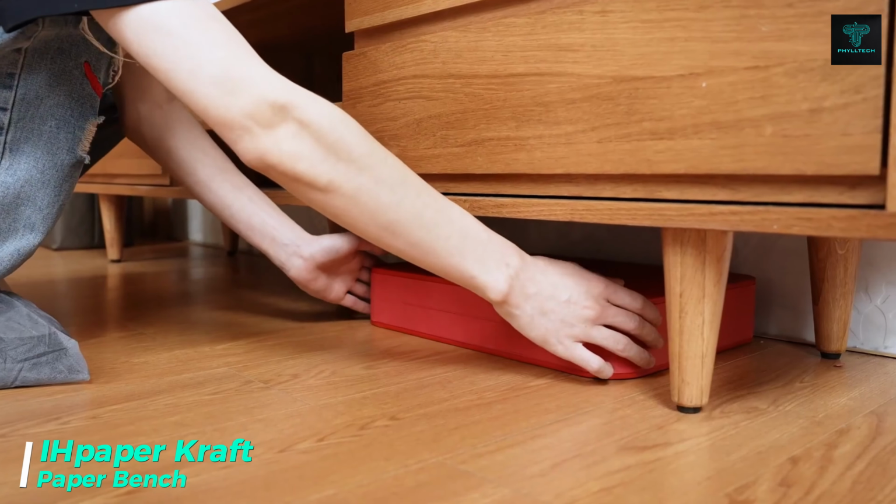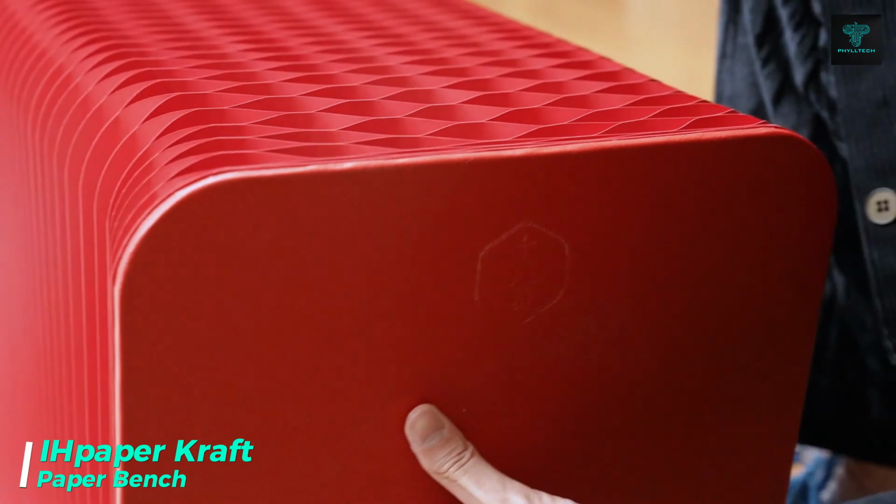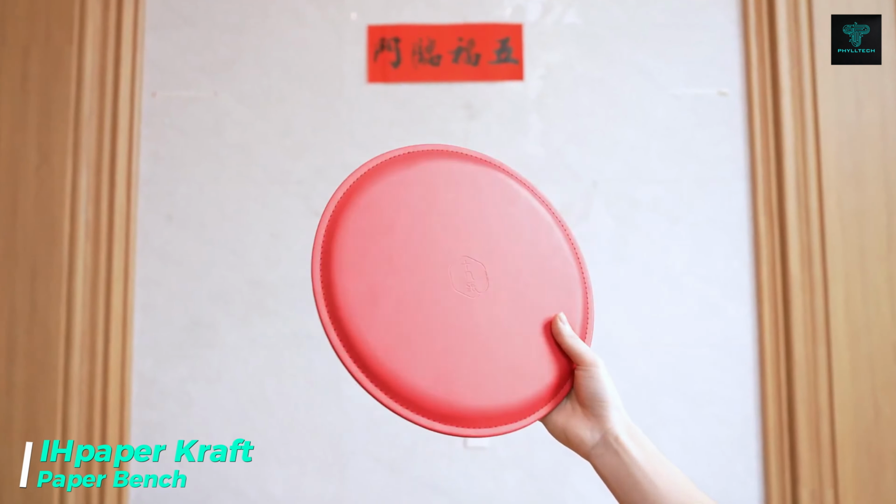Need extra seating but don't have the space? The IHpaper Kraft paper bench is the solution. This foldable, eco-friendly paper bench can hold up to 300 kilograms and is made from durable Kraft paper with a